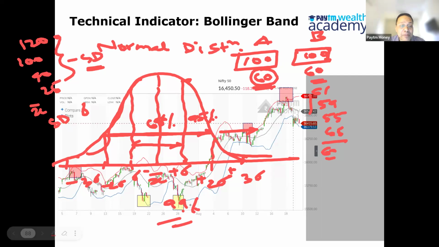If there's a 95% probability that data is going to be within plus minus two standard deviation, what is the probability that data is going to be outside plus minus two standard deviation? 5%. So it means